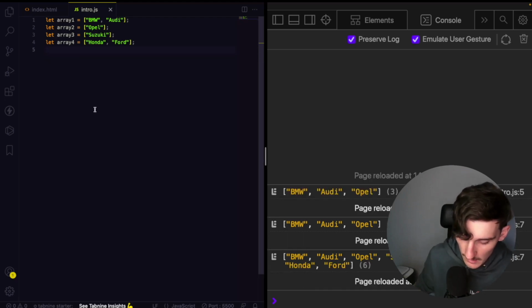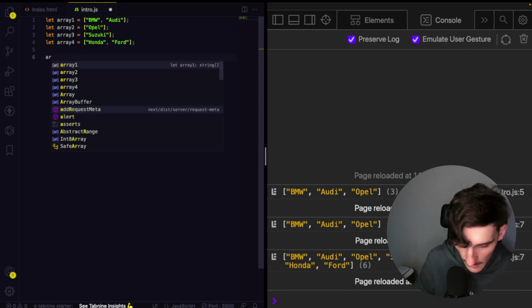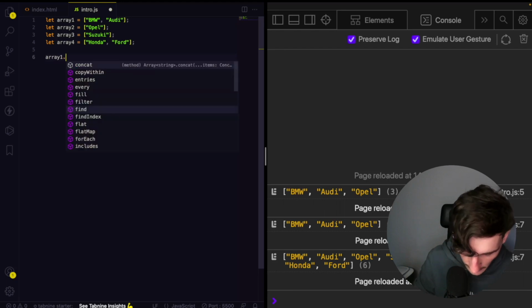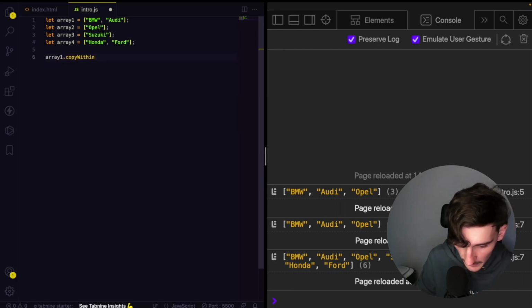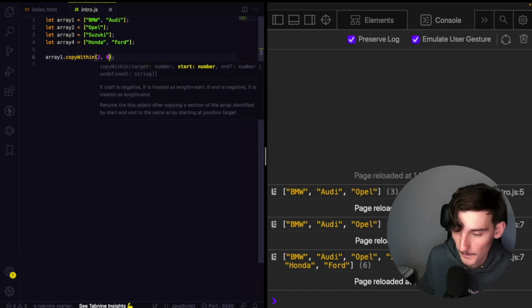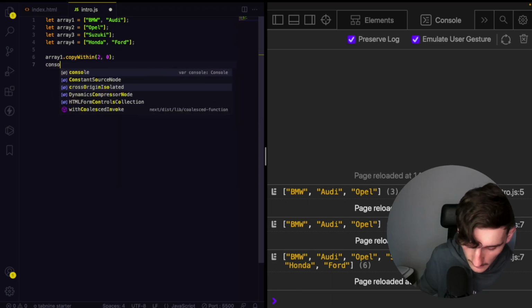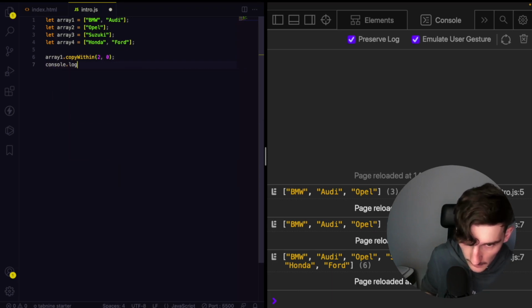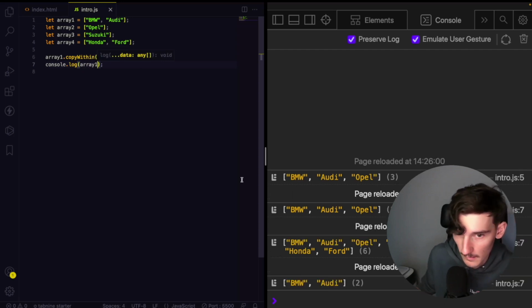And we'll go with array1. And I will add array1.copyWithin and pass 2 and 0, and I will console log array1. What it basically made is copying the first 2 elements, but maybe I will also add some other stuff